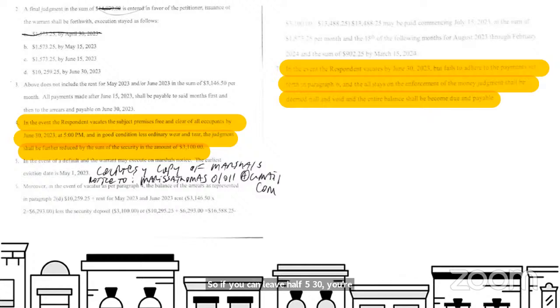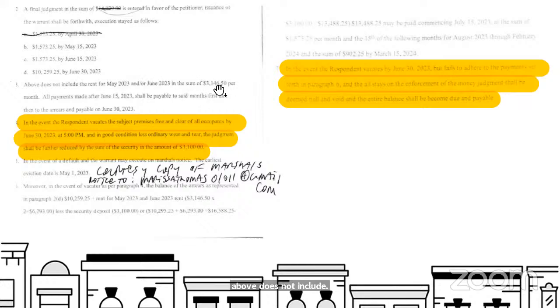So maybe that's not helpful to you, and you can say, hey, let's cross it out. But if you know you're going to be out, then I guess keep that in there. But what that means is that if you agree to pay a certain amount of money. So in this here, we see that above does not include